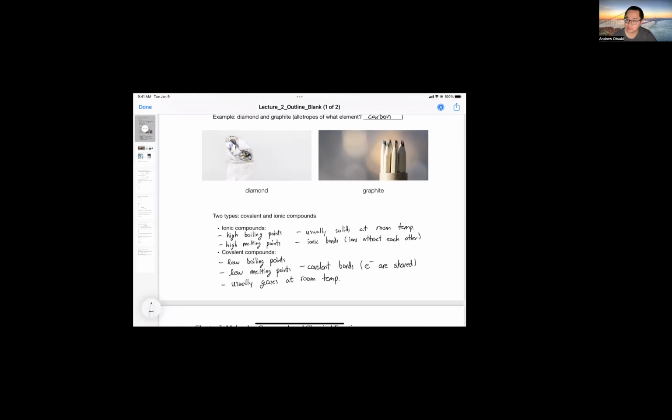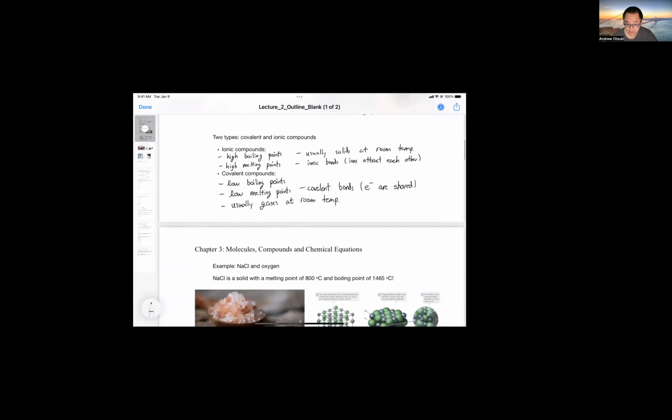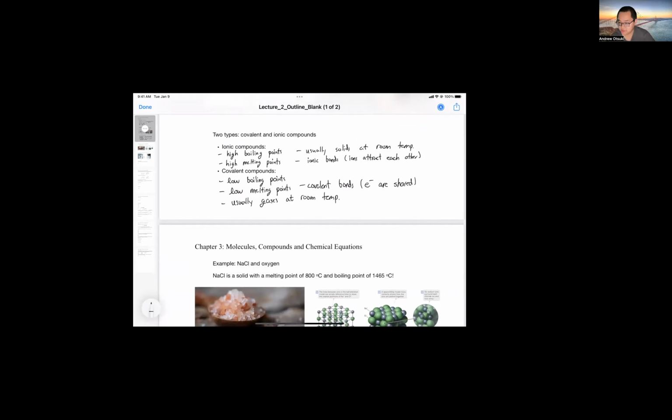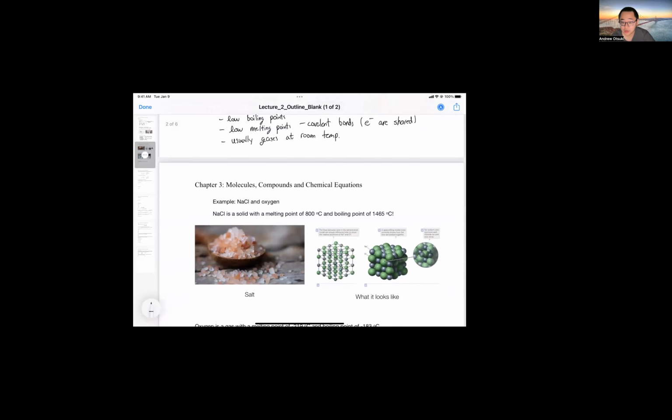All right, so those are two types of compounds that we see for elements. Two types that elements form. Either you have ionic compounds or covalent compounds. Okay, so a good example of this is sodium chloride and oxygen. Very two different compounds. Sodium chloride is a solid here with a melting point of around 800 degrees and a boiling point of